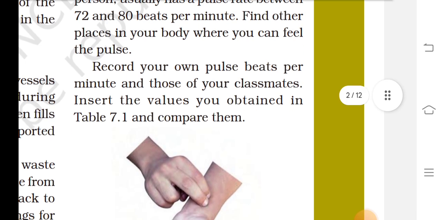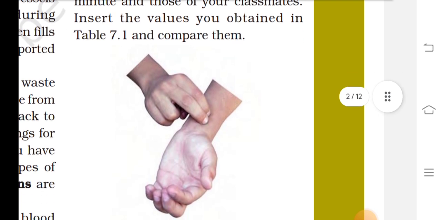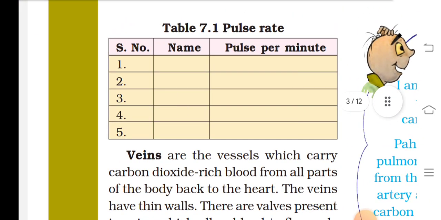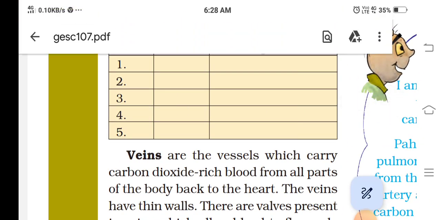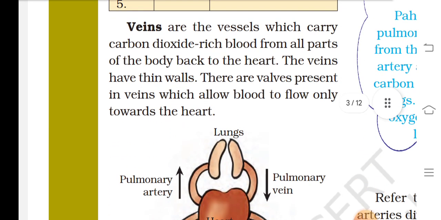Find other places in your body where you can feel the pulse. Record your own pulse beats per minute and those of your classmates. Insert the values you obtained in table 7.1. Compare them. Table 7.1, pulse rate. Veins are the vessels which carry carbon dioxide-rich blood from all parts of the body